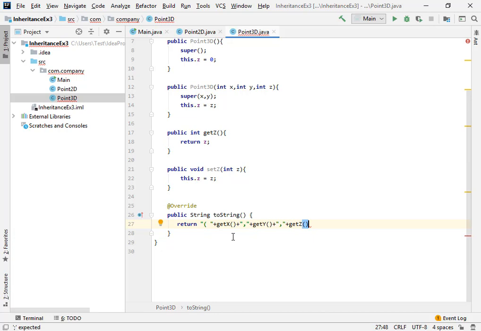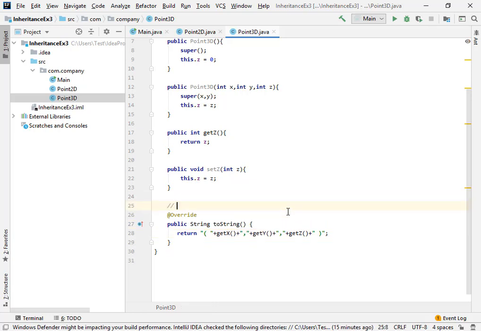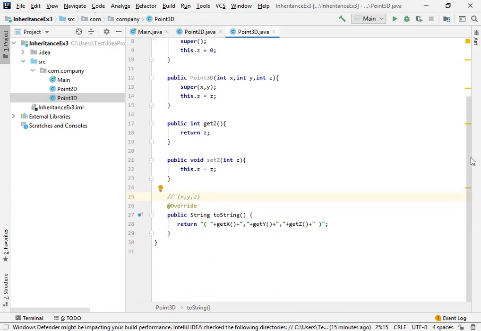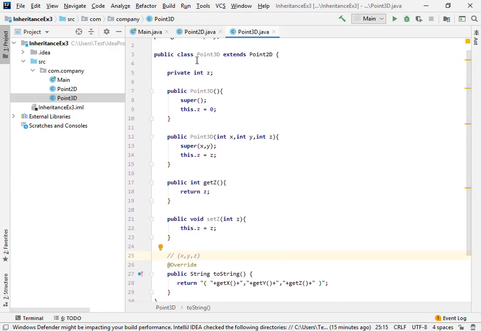Alright, and then we're going to concatenate at the very end with the bracket. Okay, so in this way we're going to have an output from this function in the form of x, y, z. Alright, so that's basically it for this particular class, Point3D.